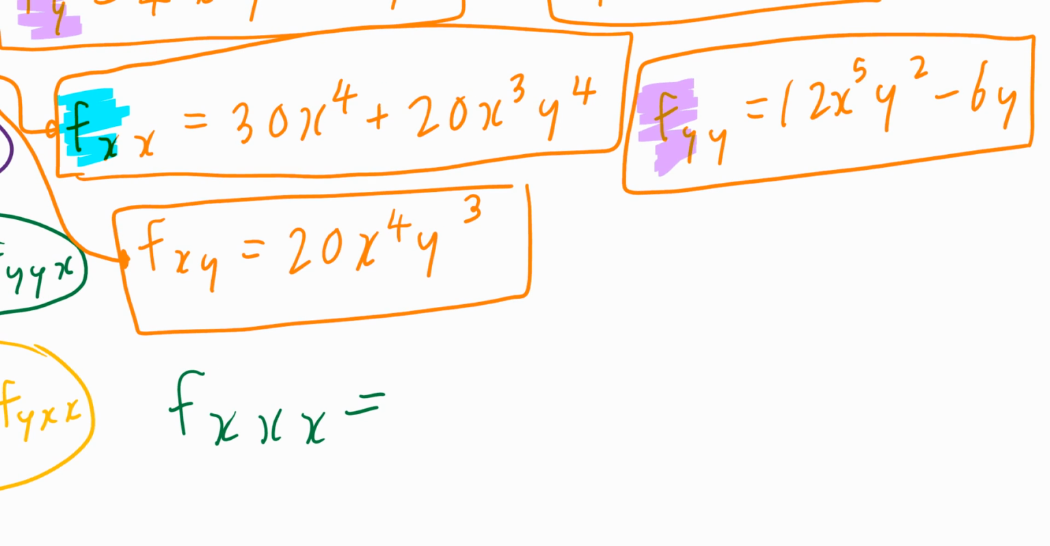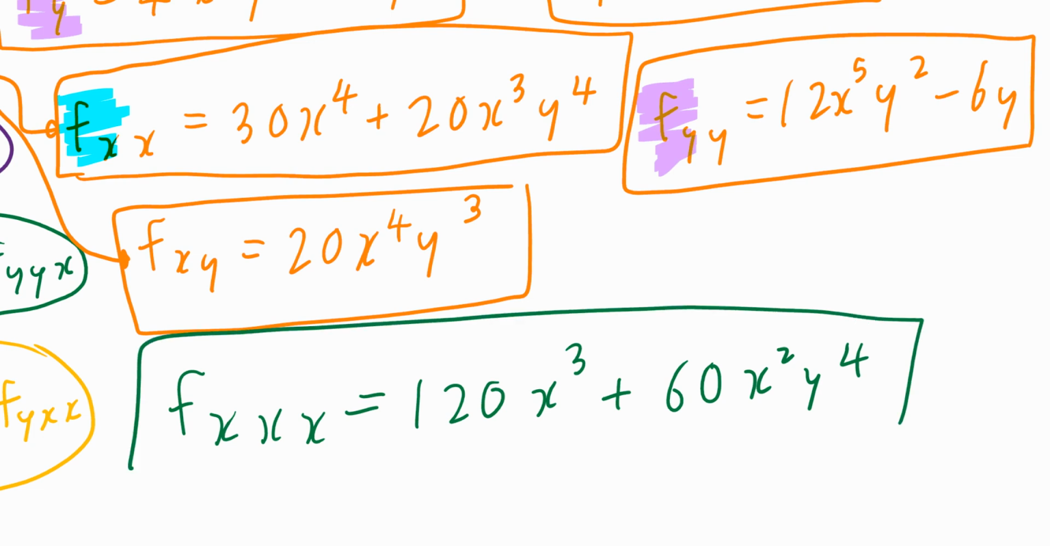So when I take the derivative of 30x to the 4, that's going to be 120x to the power of 3, plus, when I differentiate 20x to the 3, that's going to be 60x squared times y to the power 4. Let's put a box around it, just like that. Now, here comes the first of the three cases with the same answer. So I'm going to move on to